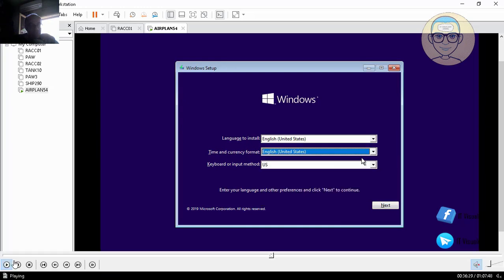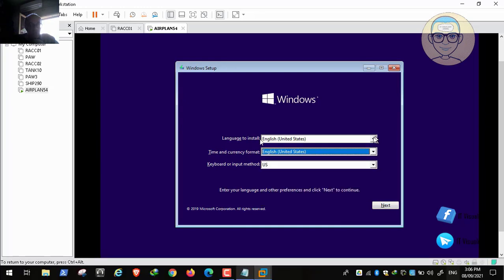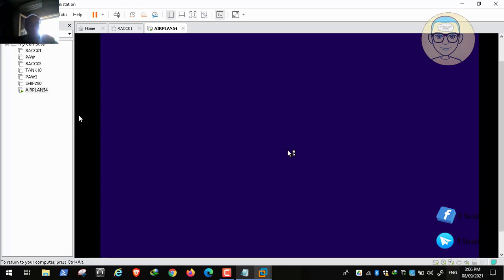Okay, here we can see that I don't have a language to install except English. I need it to be Russian, so all the windows will be displayed in Russian language. So I don't have this. This DVD only contains Windows with English display language. So we will install it in English, and I will show you how we can change it to Russian language in an automatic way. Okay, so we will install it in English, and then we click next, install now,